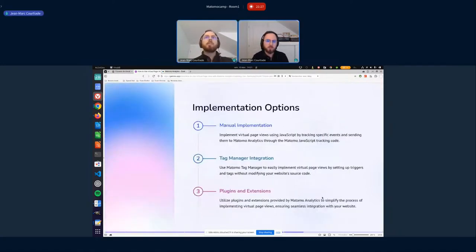So there are other ways actually to implement this kind of code. The first thing is the manual implementation. In this case, you provide a certain code that you will see in a few minutes to the website developers, and they will have to figure out how to make this work. It's a JavaScript code that sends data to the data layer, and it's their job to do that. The other thing is that you can also use the tag manager integration, Matomo Tag Manager, to do that,